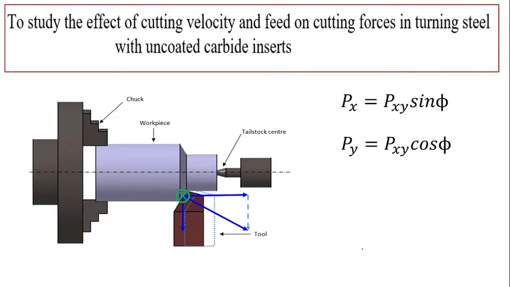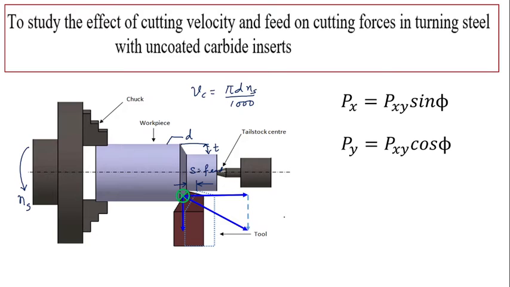So this is the basic schematic of a turning process. This is the chuck which is rotating in this direction with a rotational speed of ns. This is the diameter of the job, d. So cutting velocity can be calculated as pi d ns by 1000 in appropriate unit. This is the displacement of the tool per revolution of the job. So this is s or feed, and this one is the radial engagement between the job and the tool. This is depth of cut.